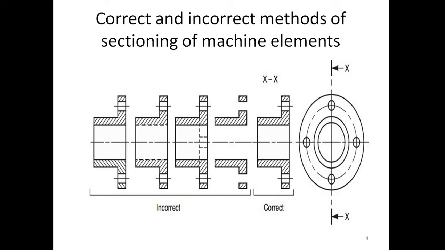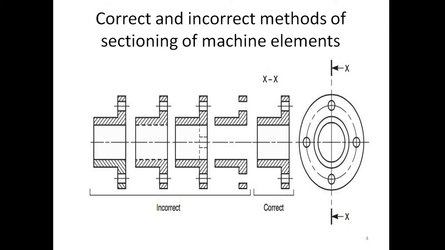also taken. This is an incorrect method, because either we have to go with a sectional view or we have to go with a plain view, but here a combination of sectional and plain view is there. Normally in the view it is written that 4 holes of diameter on equi-space like that, so it is not necessary to show that hole again. In the cut section that hole is not visible, so don't show that.